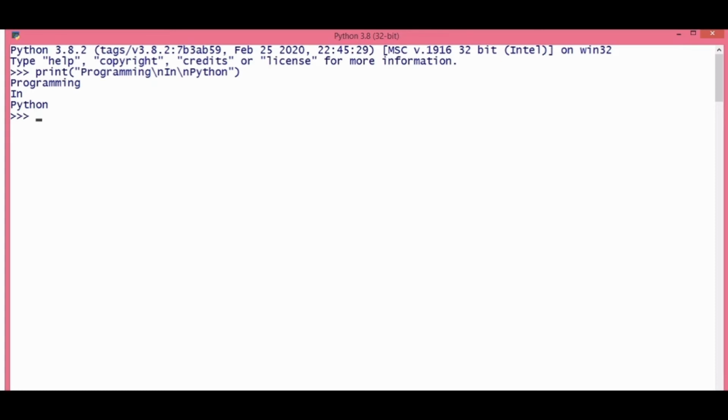A similar task can be performed by writing the print function 3 times, where the first print function can have the word programming, the second one can have in, and the third print function call can have the word Python. So the same output will be generated when you are using the print function 3 times. So to avoid calling the function so many times, you can write the output in one print function by separating them with the help of this \n.